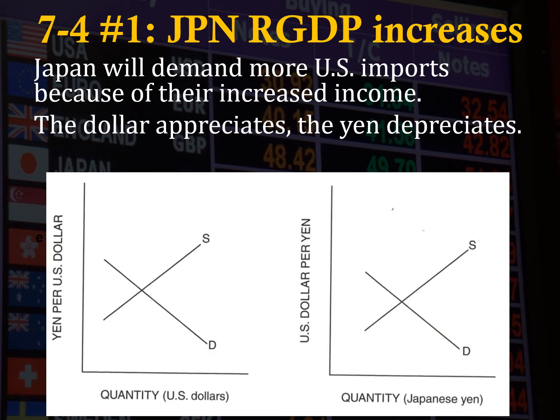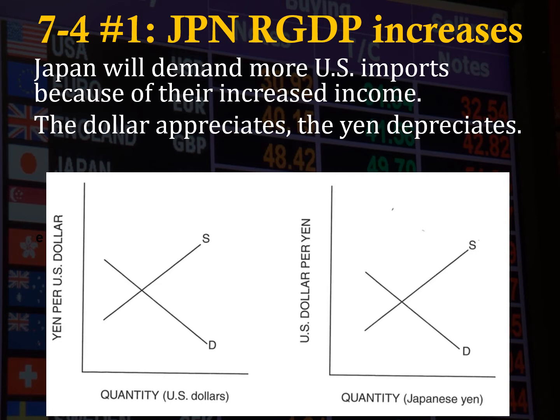In activity 7.4, you're going to use the graphs to show the starting equilibrium of exchange rate and equilibrium quantity of currency, the shift that ends up occurring, and the new equilibrium exchange rate and quantity. And there you're going to see what the short run effect is on the change in the foreign exchange market on net exports, aggregate demand, and price level in the US. Okay, so we're just going to worry about the current account now, worry about the financial account in the next